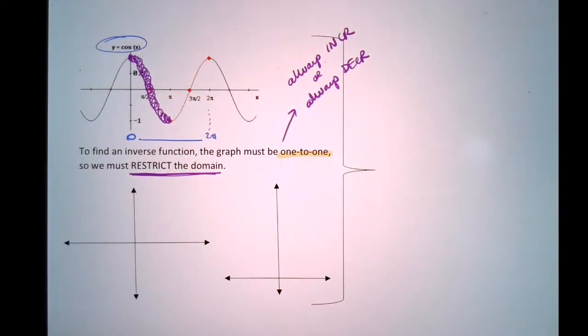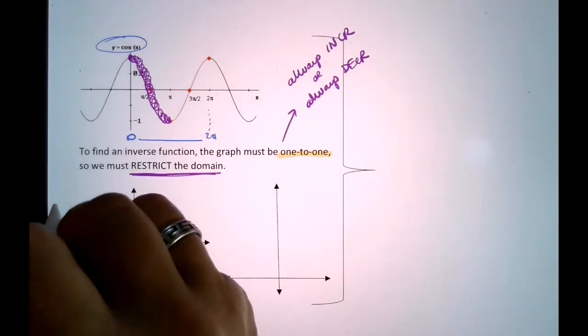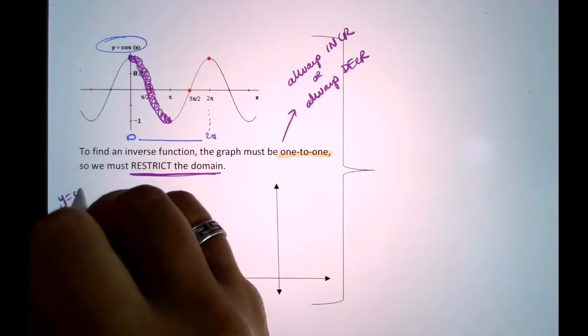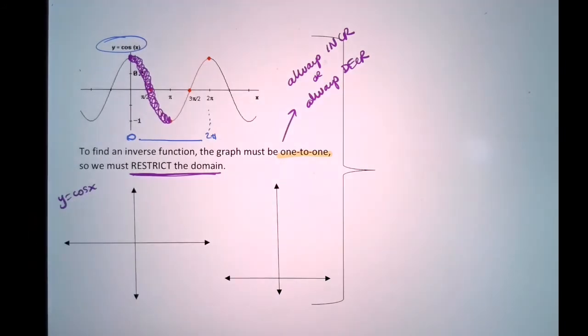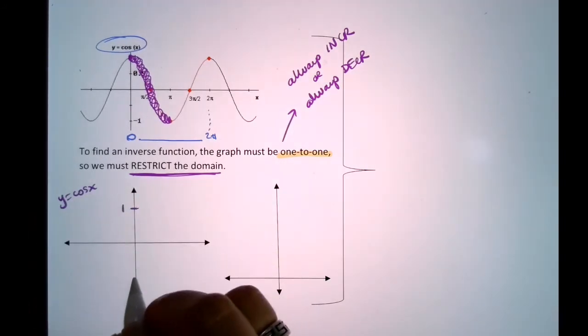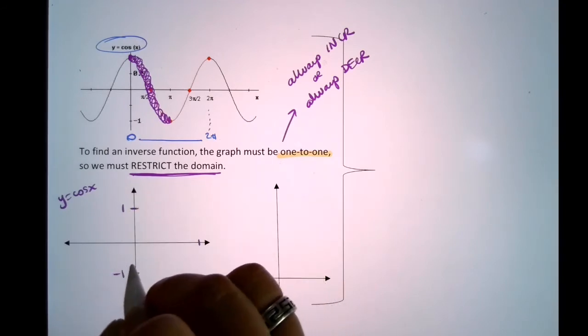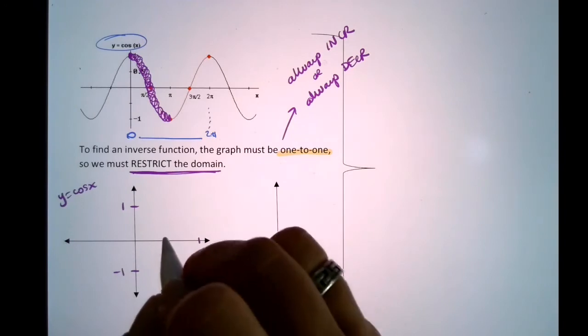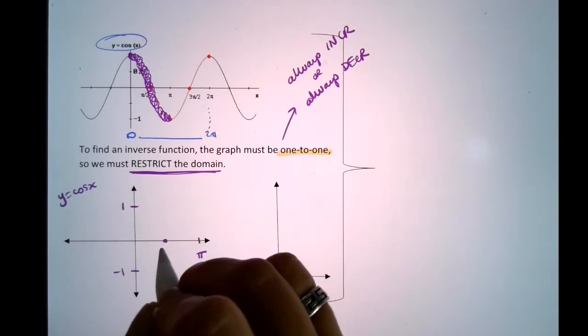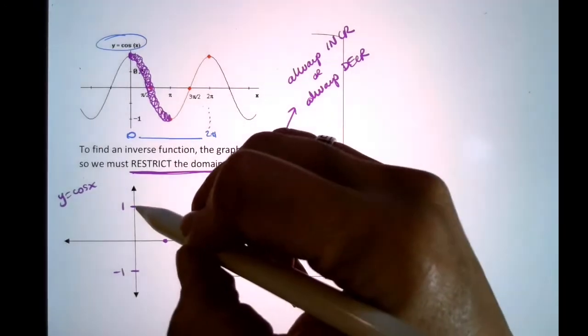Okay, so I'm just going to draw in here. Here is us looking at the restricted cosine wave. We have a biggest value of 1, a smallest value of -1. We're going to go all the way from 0 to pi, and I'm going to put pi over 2 there in the middle. And we're only looking at this little part